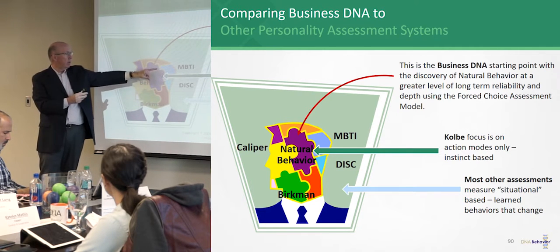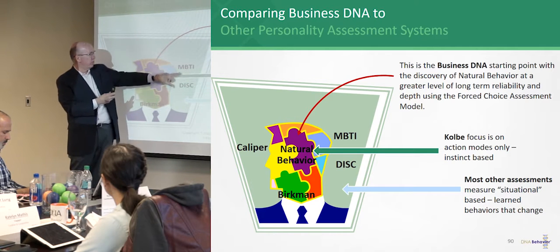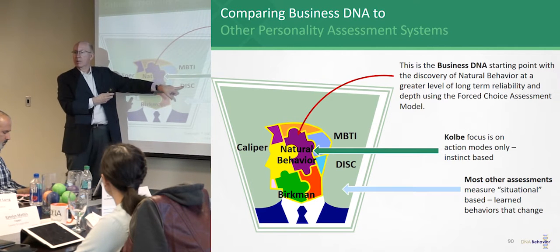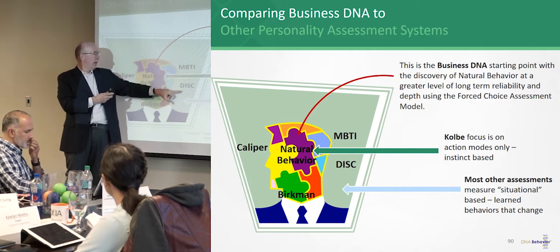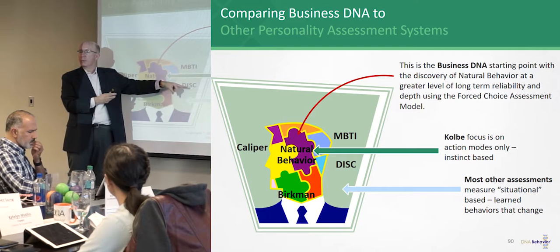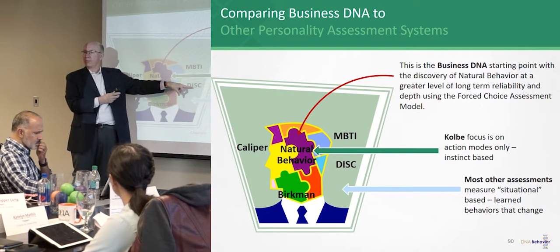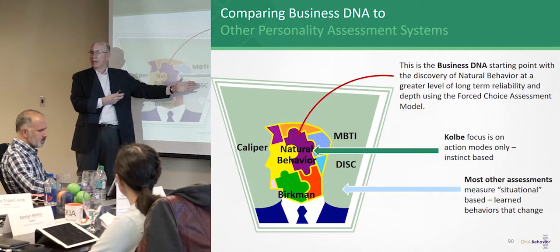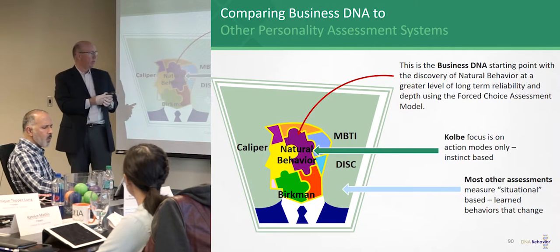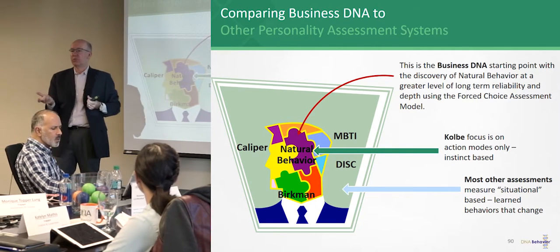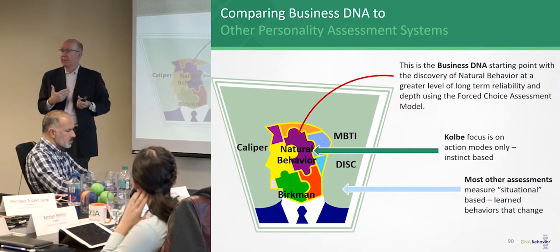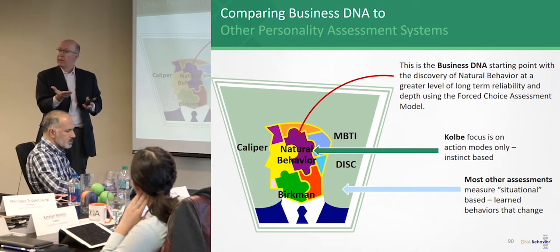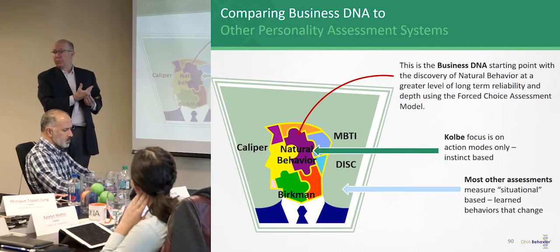What you have to remember is there are different versions of Myers-Briggs and DISC out there in the market. There is one version of Myers-Briggs that does now use forced choice. At one point DISC used it, and they've gone back to the situational based questions, depending on which version you're going at. The thing with the situational based questions is they are tighter to do, a bit harder, and it's not as consumer friendly in a way. It's quite quick to do, it's not as consumer friendly. And so some of these groups have gone to the consumer friendly for taking the questions because it's more fun.